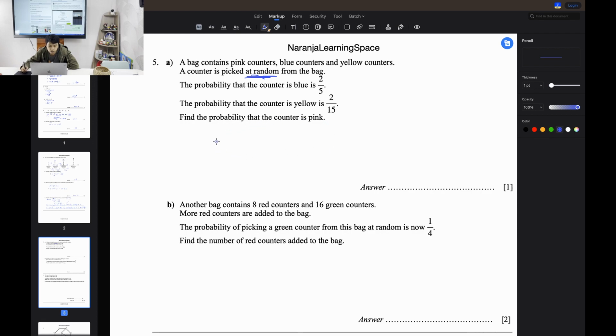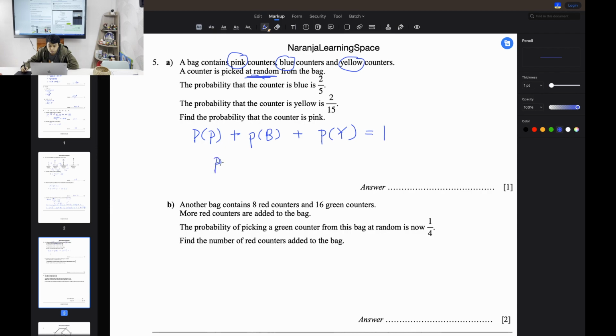As we know, probability of pink plus probability of blue plus probability of yellow equals 1. Why? Because inside this bag you only have pink, blue, and yellow. It's confirmed that you pick any one of these colors. So it's 1. And that means we can do